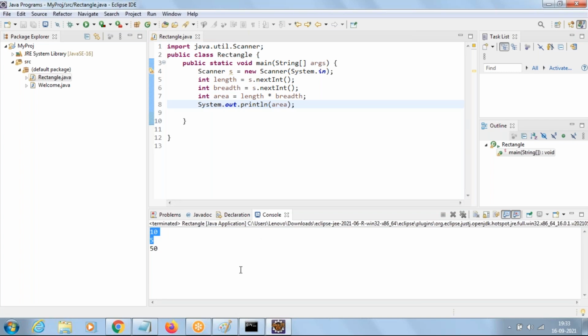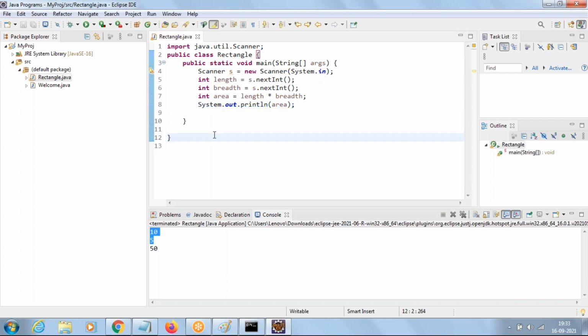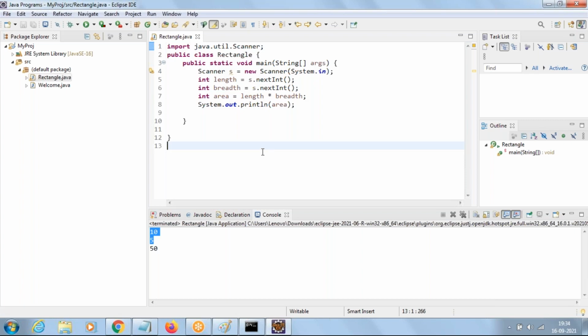So to read that runtime data entered by user and store into Java variables, we use scanner class. Clear all of you the need of scanner class? Yes. Right. But is this program, whatever program I have written, user friendly? No, right? Because when you run the program, the cursor is simply blinking in console, complete blank screen. How does the user know what data to enter? User won't have any idea what to enter here.